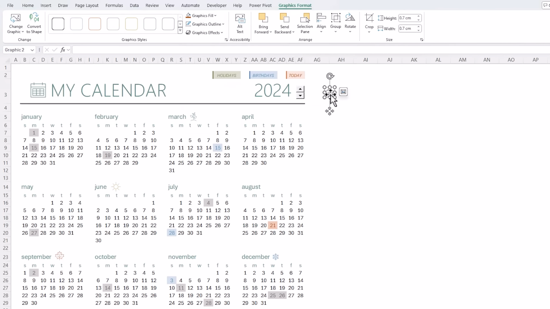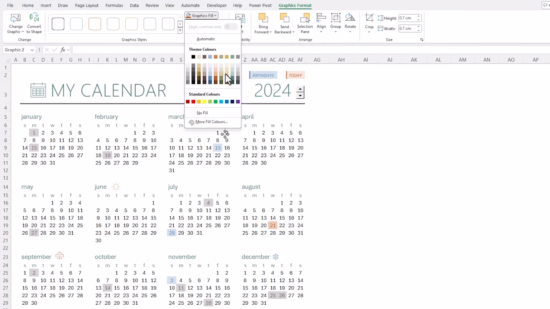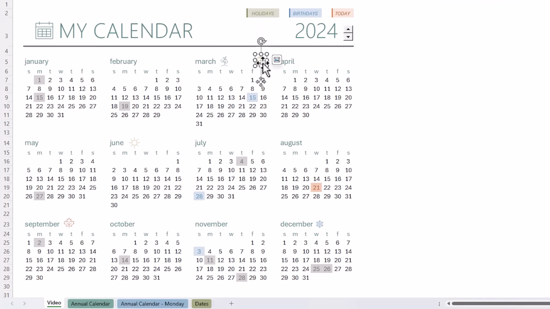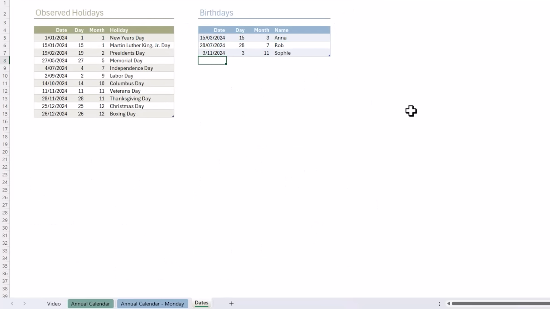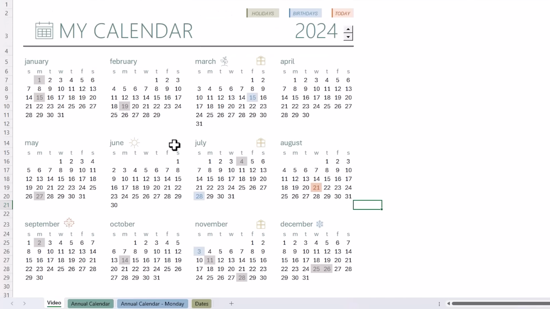And then for the months that I have birthdays, March is the first one. Let's make the gift gold. And then I'm just going to hold down Control and Shift while I left click and drag to copy it down for July and November. Okay, there's my icons. Have fun with those. Now, if I need to edit my dates, I can simply go to the date sheet and I can add a new birthday or edit the observed holidays,